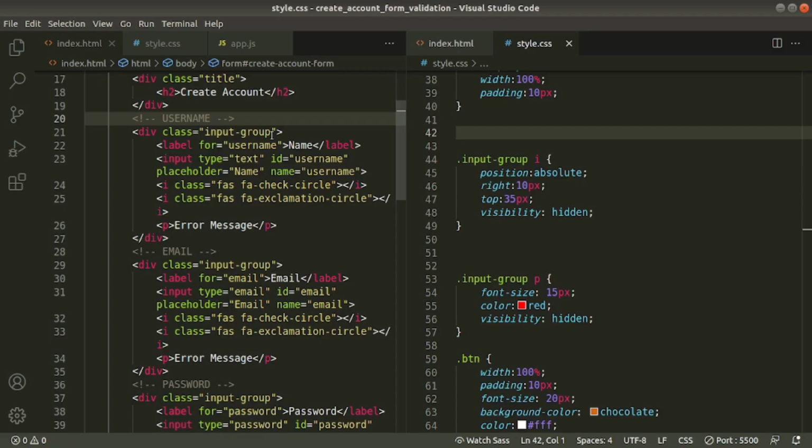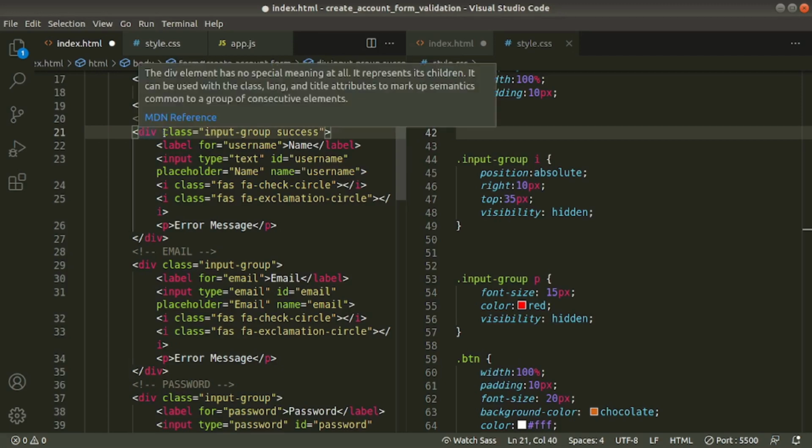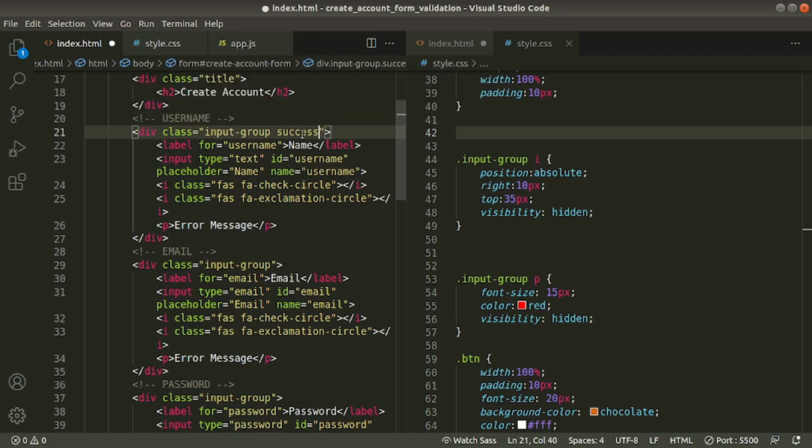Go to the editor. Here we'll write first success. First I want to clear a few things. You see here we have two classes. An element can have more than one class. We know that, right? Then which styles will apply? First this class's styles will apply, later this class's styles will apply. What if both classes have some of the styles in common? For example, in this class we said background color green and in this class we said background color red.